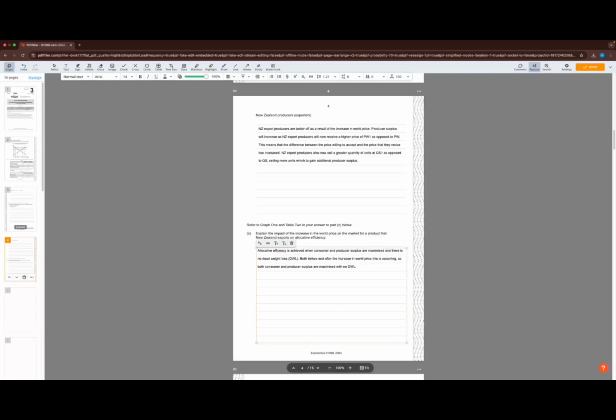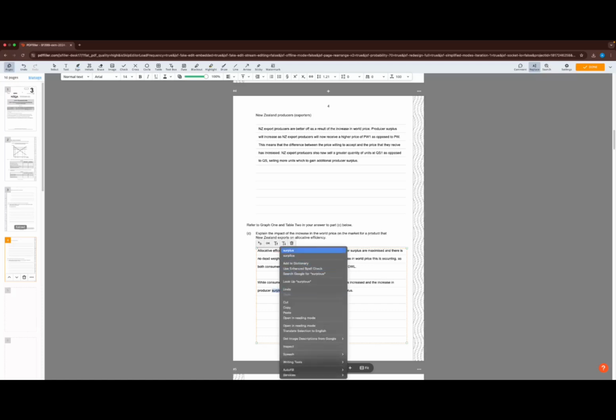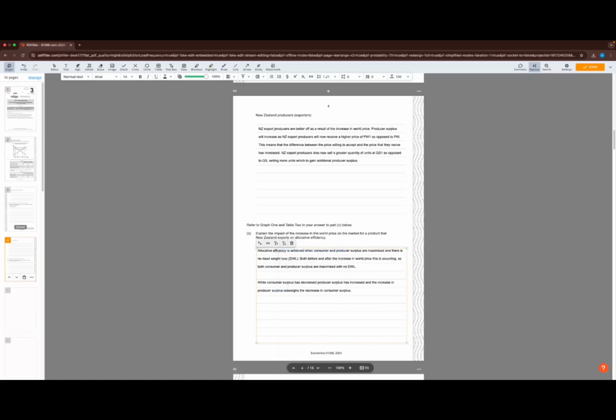So coming into writing that out, so while consumer surplus has decreased, producer surplus has increased, and the increase in producer surplus outweighs the decrease in consumer surplus. Okay. Right, so thinking back to our graph, guys,